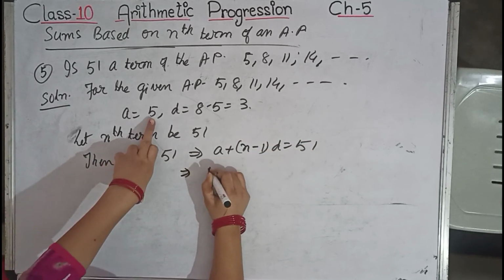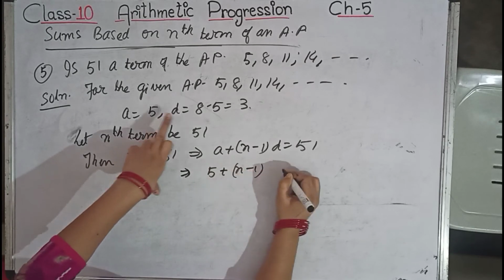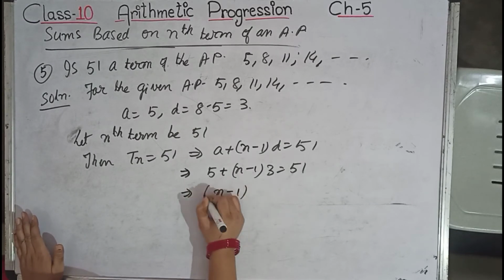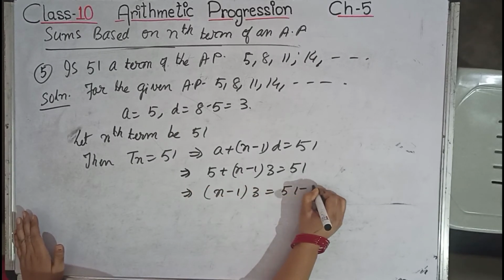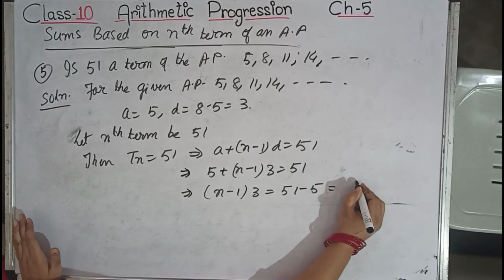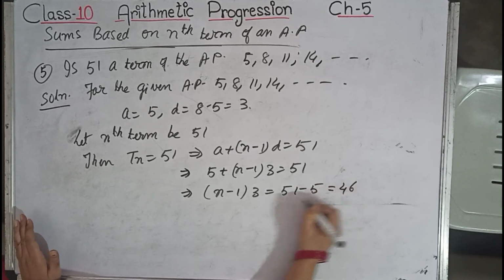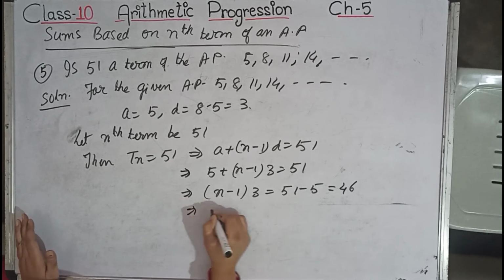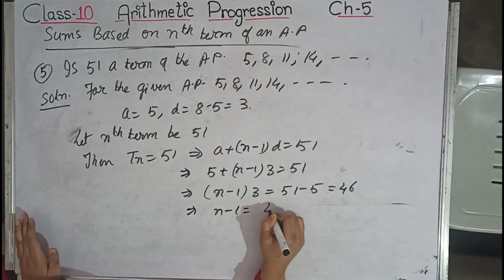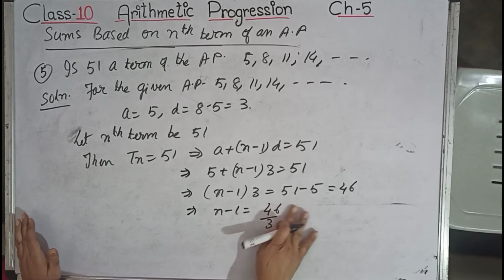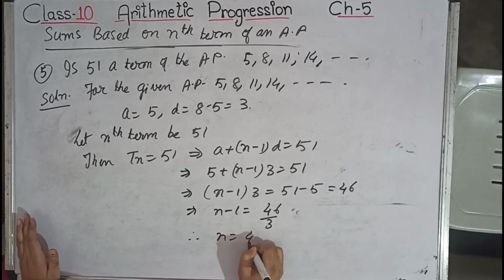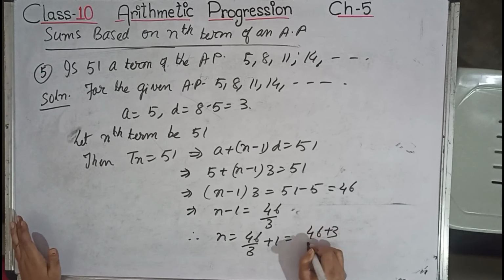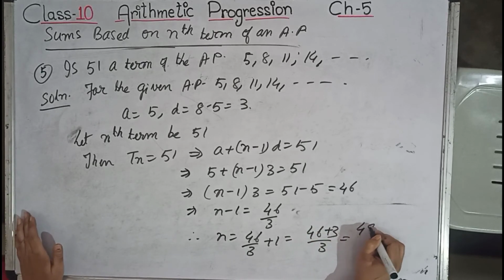This implies 5 plus (n minus 1) into 3 equals 51. This implies (n minus 1) into 3 equals 51 minus 5 equals 46. This implies n minus 1 equals 46 by 3. Therefore, n equals 46 by 3 plus 1 equals (46 plus 3) by 3 equals 49 by 3,